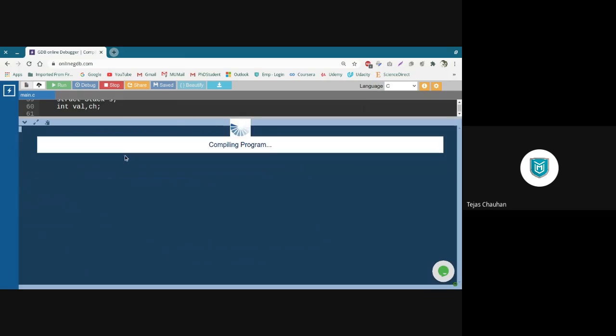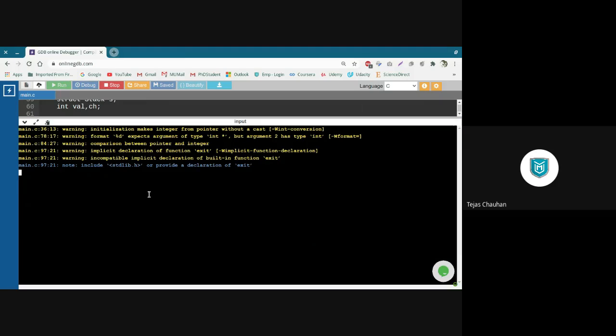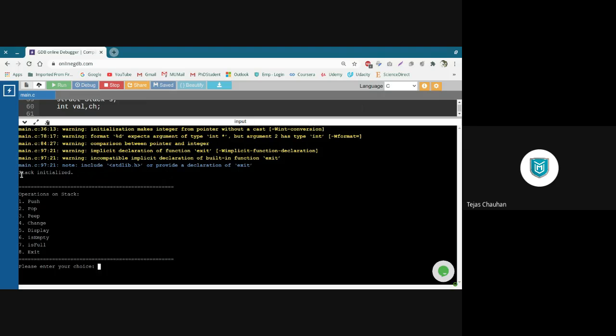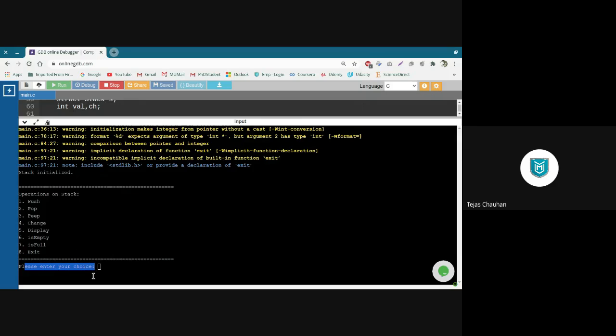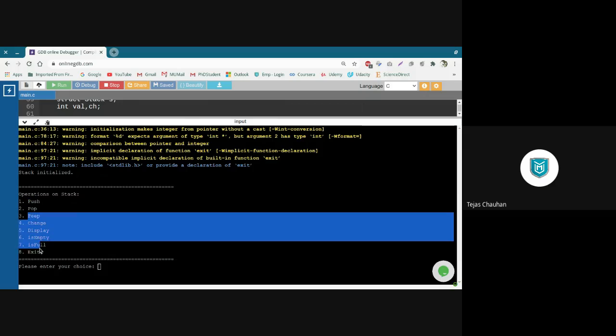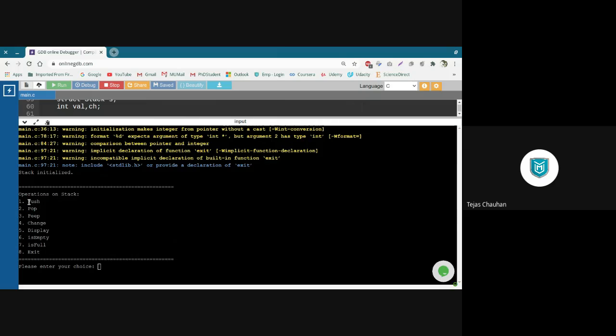So when I run this code, forget about all these warnings right now. We'll see them later on. So here it says stack initialized. So my stack has been initialized, and then I have the number of operations here, and it asked me to enter the choice. Right? So currently we have only 2 operations, push and pop. We haven't defined the others right now. So if I call the pop operation right now, it is going to tell me stack underflow, because my stack does not have anything right now.